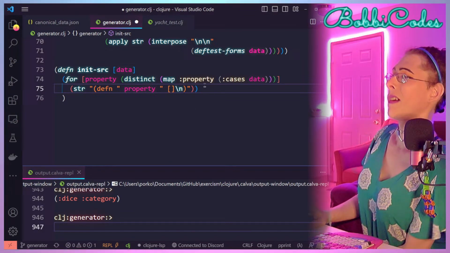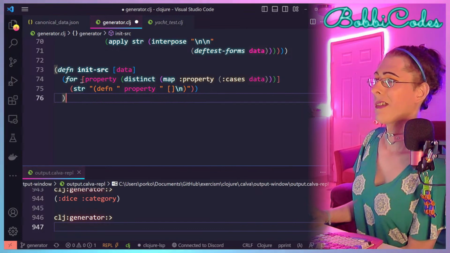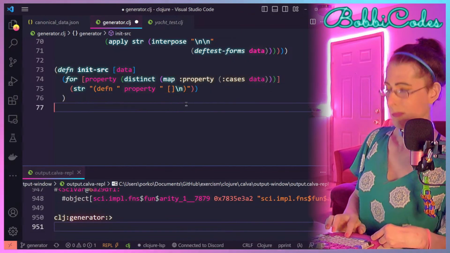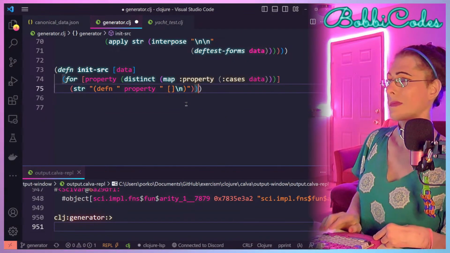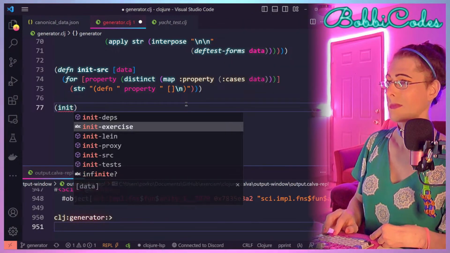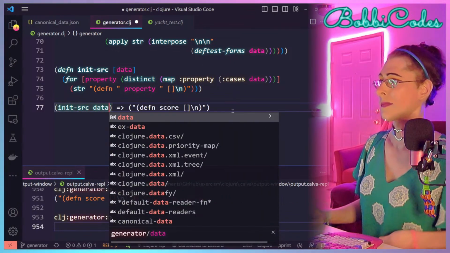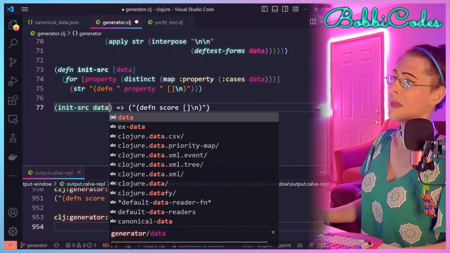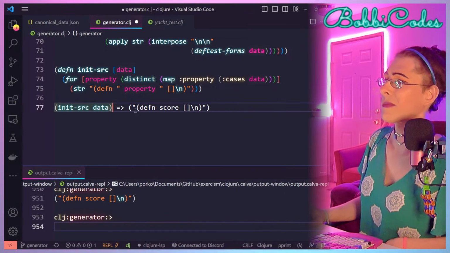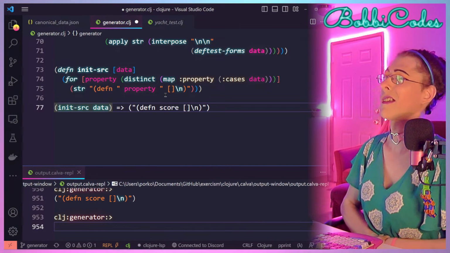So that will return a sequence of the function stubs for each of the properties. This exercise only has one. And that's basically it, huh?